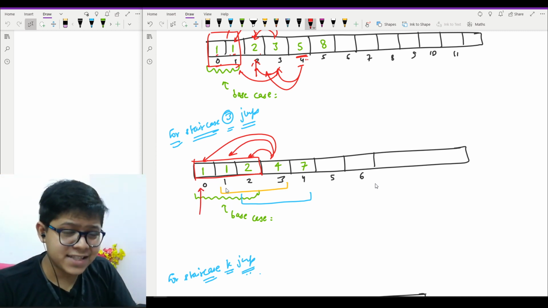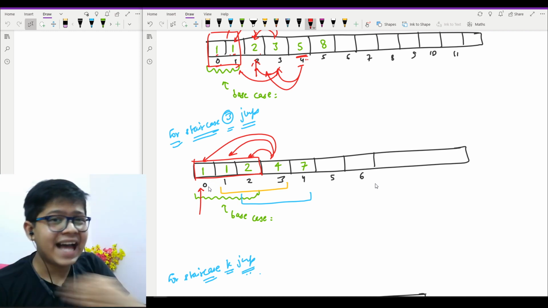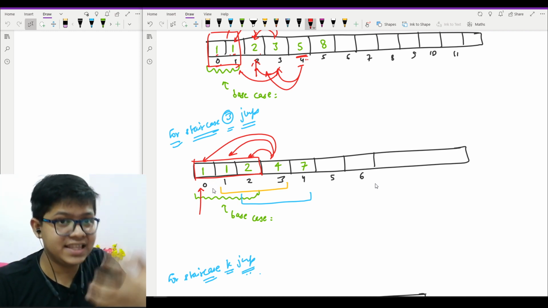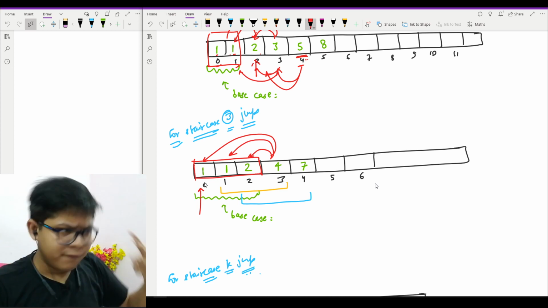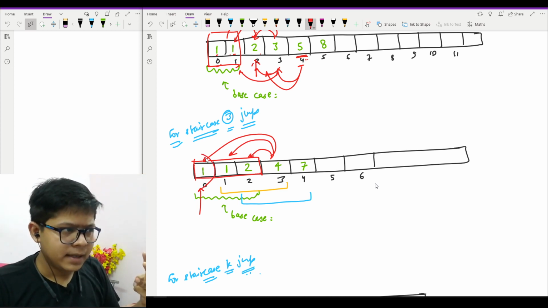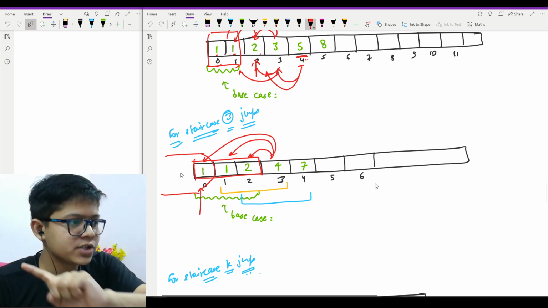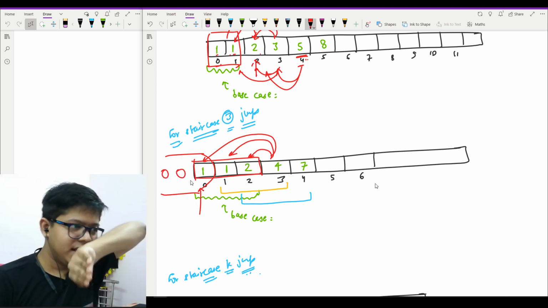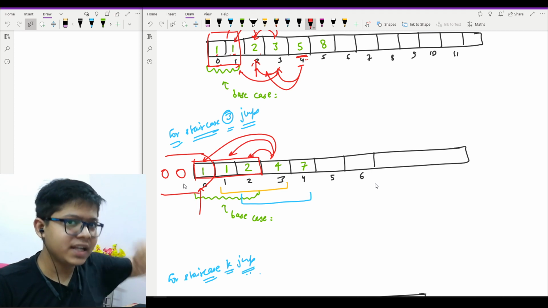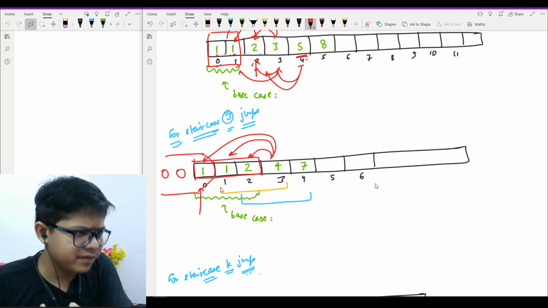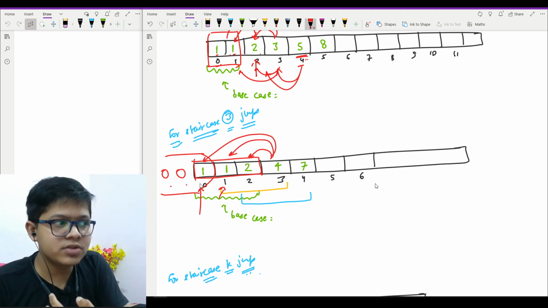But to find the answer for 1, you need to check the last k values, which means you need to check the last 3 values. 1 is one value, 1 is right here, but what are 2 more values? I will assume it as 0. So I can assume that if by any step it goes beyond, then I will add 0. So to find the value for the 1 here, I will add 0, 0, 1.